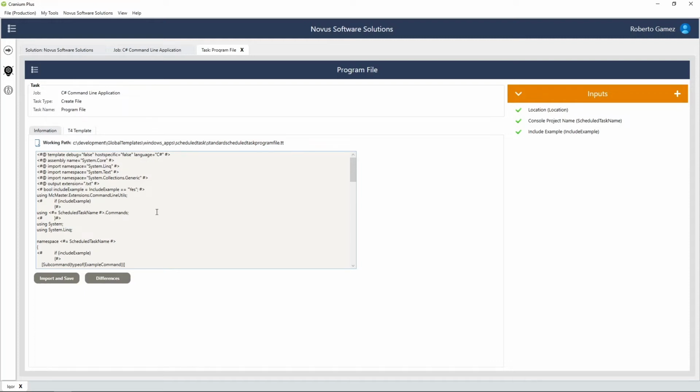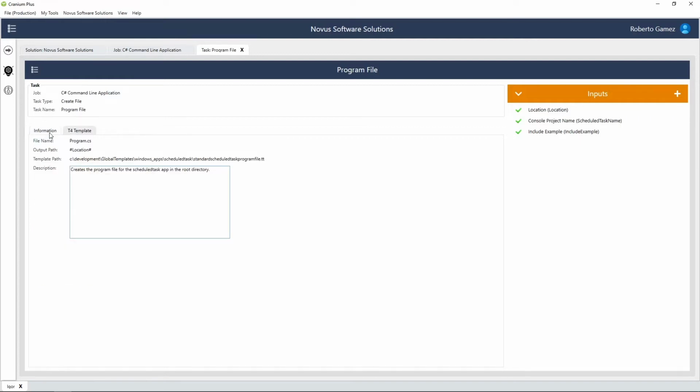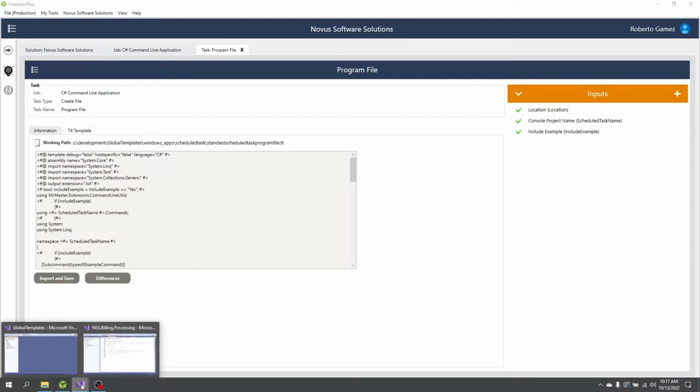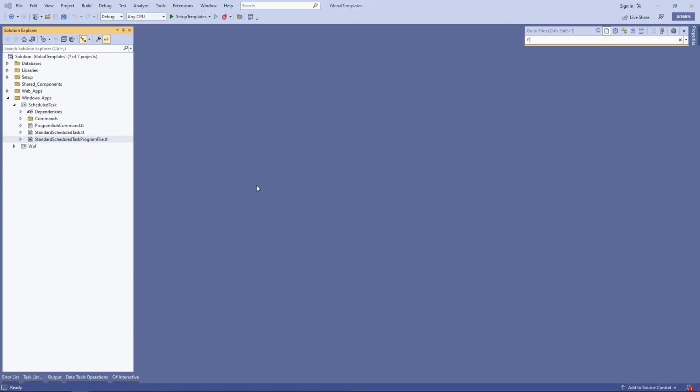And this allows your coworkers or somebody else on the team to run this without having the templates on their local system. So having it on their local system is not required. This template path is used in case you wanted to modify it. So if we wanted to make a change to the template, we would go here. So if I copy it here and I go to my templates solution